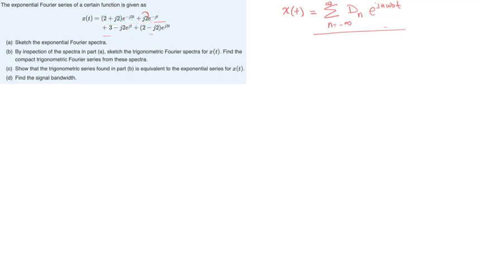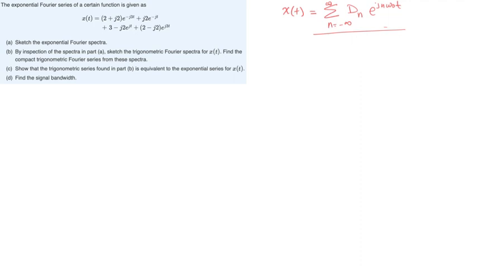So let's remove those so we can see things clearly. And then it says sketch the exponential Fourier spectra. So what you need to do here is sketch those dn's that you have here. Of course, to sketch them, you need to sketch magnitudes and phases. Okay? So let's see first of all,